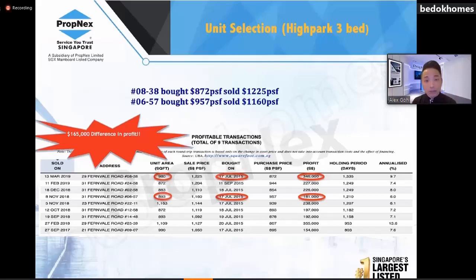And buyers who want to come in usually want to buy a bigger unit for own stay. So the demand for the bigger unit is higher, but the supply is very little. Whereas for the smaller unit, the demand is lower, but the supply is higher. So which makes what? The bigger unit makes more money, because you are selecting a project, or I can say a unit, that